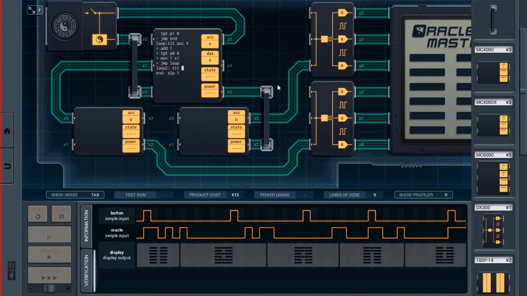Then test less than accumulator 7 is add 1. Test greater than P00, move 1, x2, jump, loop 2. Okay, does that work? Well, kind of too many operands. Oh, jump, loop 2. Okay, so